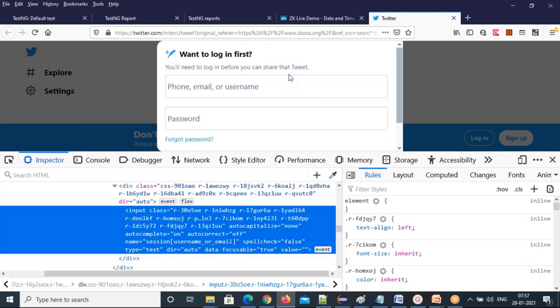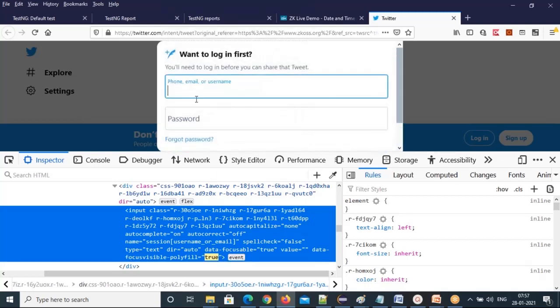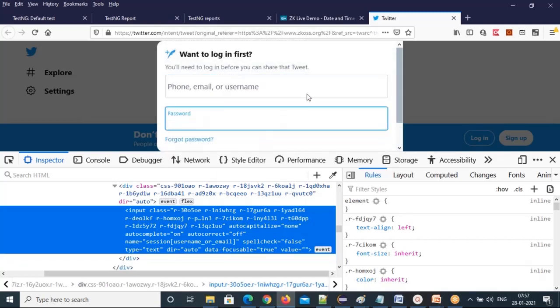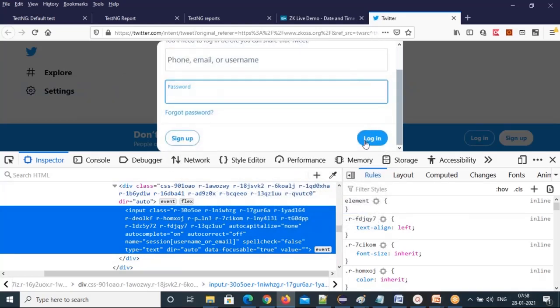So how can you do that? Because this is in another tab, right? Another tab means another new window. This is a web page. How can you type here? Then I need to close it. After typing, I just do one action on this new tab, whether I can type or not. Later, if you want, you can continue, right? Type username, password, then you can click on this login button, and it will log in. If you want to log into your Twitter account, you can continue.